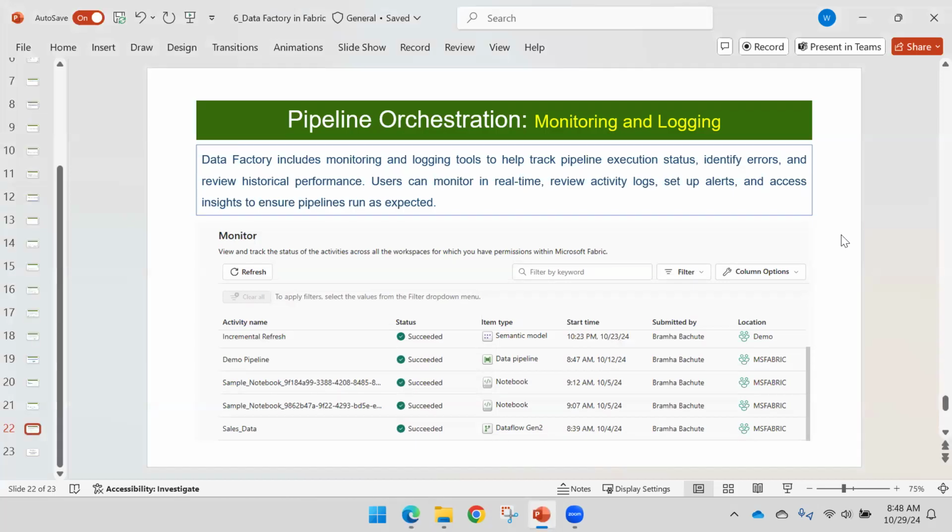It will log and store the information. You will be able to view it at any time, to identify the errors, to review the historical performance, and even the user can monitor in real time also. If you configure all the things, you will be able to monitor at the same time while it is running. That is also possible in